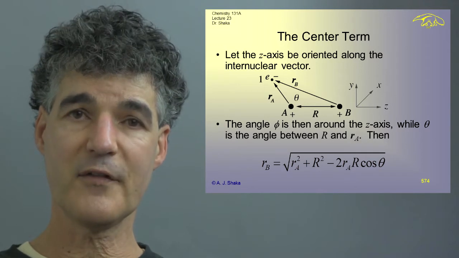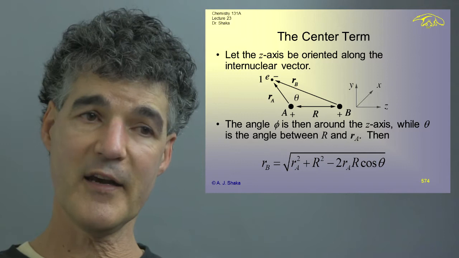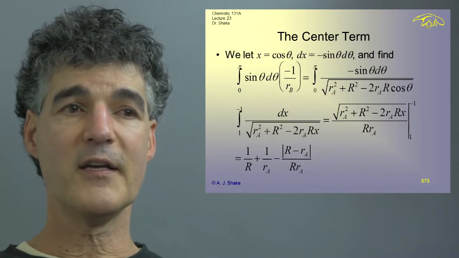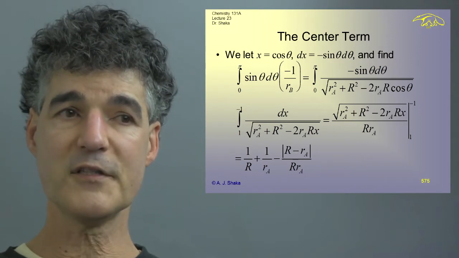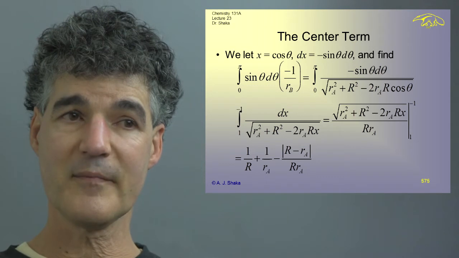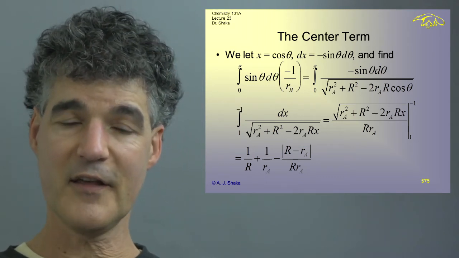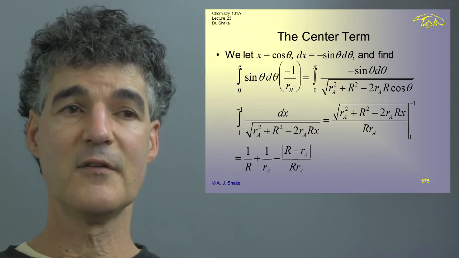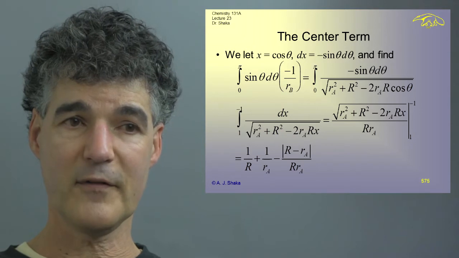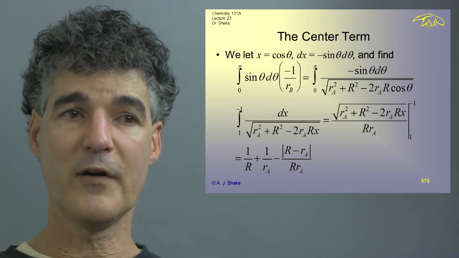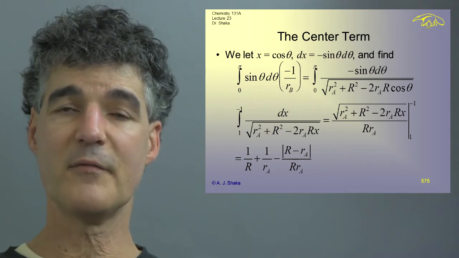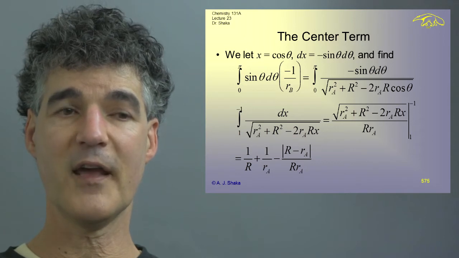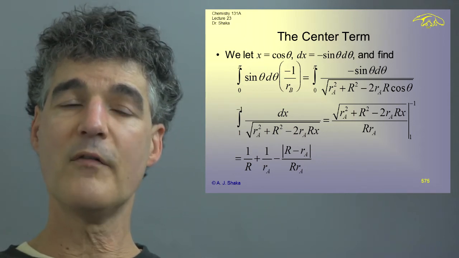And as before, it's theta that's the problem, because we've got cosine theta, we've got sine theta, we've got the square root, and it's also in the denominator. Therefore, let's just concentrate on the theta integral. We first let x equals cosine theta, then dx d theta is equal to minus sine theta, or dx is minus sine theta d theta. And that lets us transform the integral on the top of slide 575 into an integral over x that I can do. And the limits then, instead of being 0 and pi like they are on theta, are 1 and minus 1. And I've written down the antiderivative, and that works out to be 1 over big R plus 1